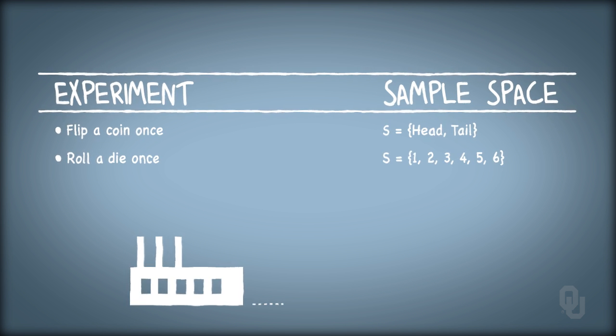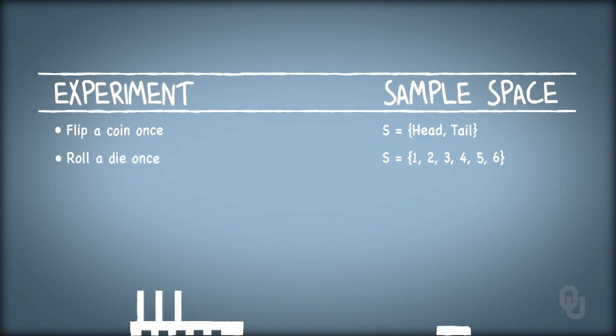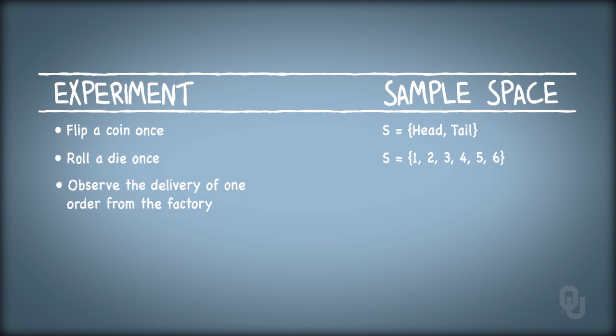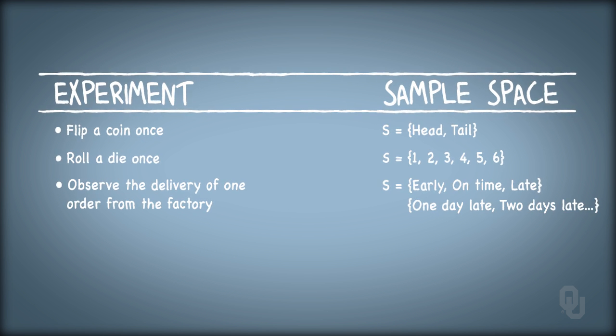Production engineers may be worried about the tardiness of fulfilling orders, so let's define an experiment as observe the delivery of one order from the factory. Let's then define the sample space as possible outcomes: early, on time, and late. If we wanted to be more specific about the lateness of orders, we could be more granular in the definition of possible events: 1 day late, 2 days late, and so on,